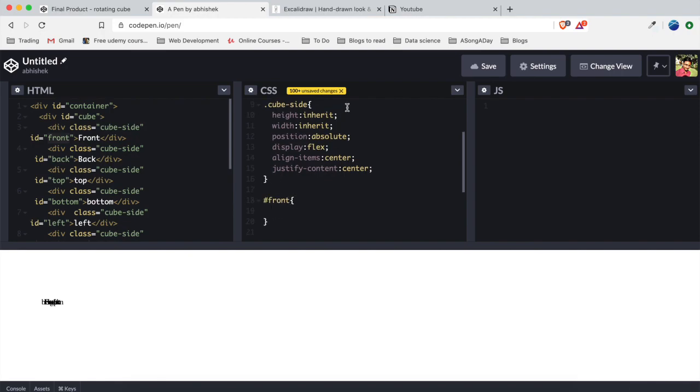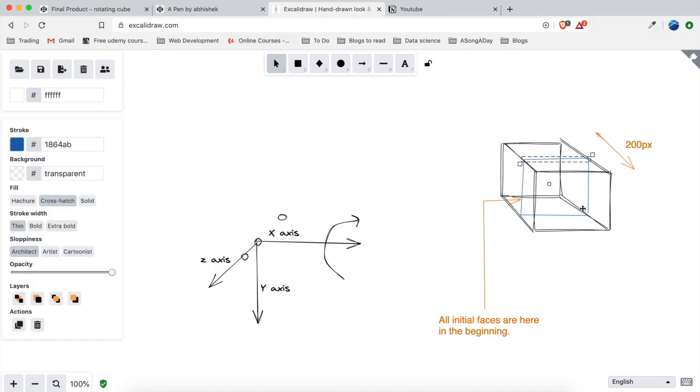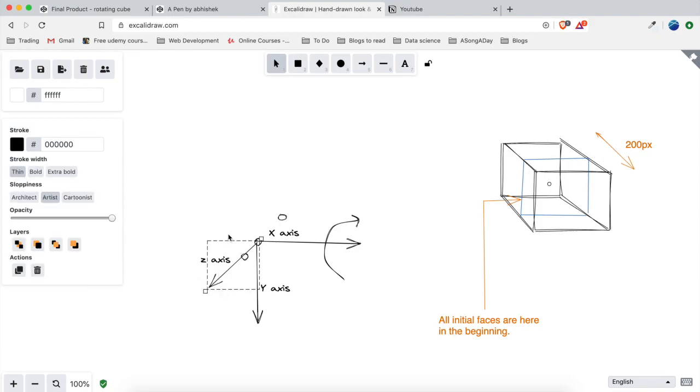Yeah, so let's go back to the diagram now. So you see, all of these screens are lying on this blue square. If we have to move this into front screen, what we have to do is we have to move it 100 pixels ahead of it, or we can say that 100 pixels on this Z axis. So that's what we will do here.